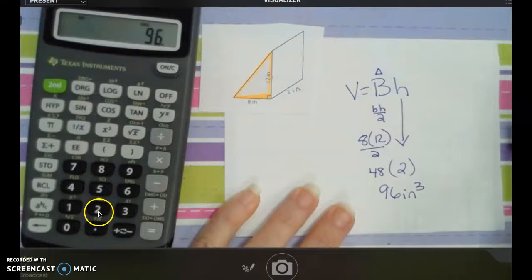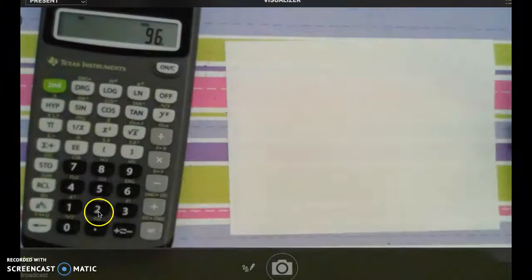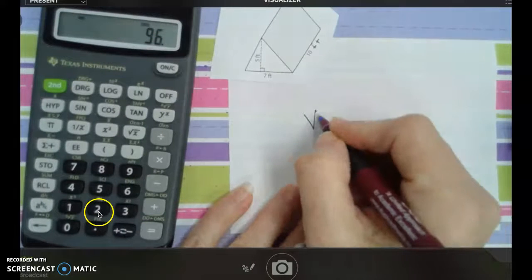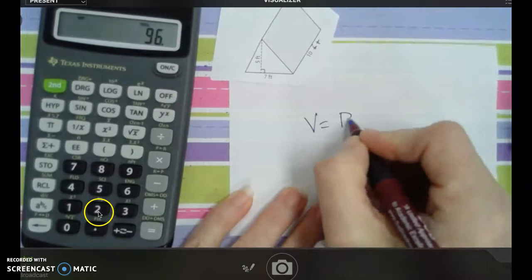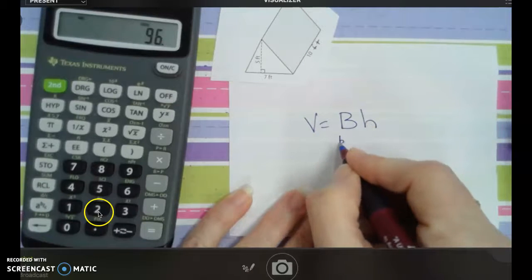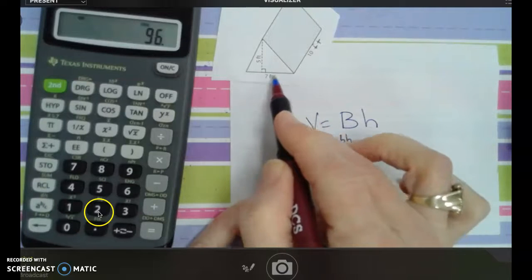So find the area of the base times the height. It's really not that hard. It is sometimes a little bit time consuming to find that triangle, but not hard. So volume equals area of the base, that's capital B, times H. So we've got base times height divided by 2. In this case, it's going to be 7, which is the base, times